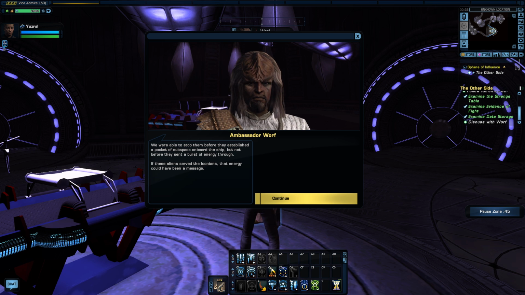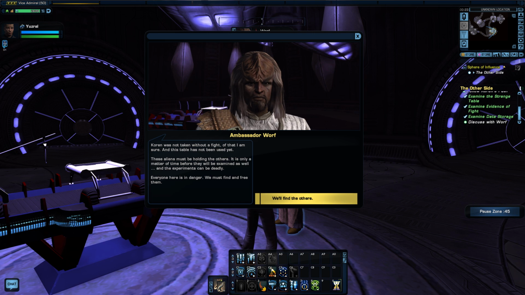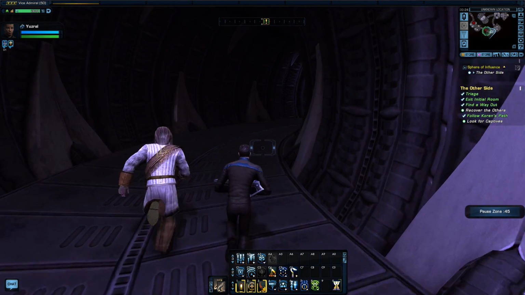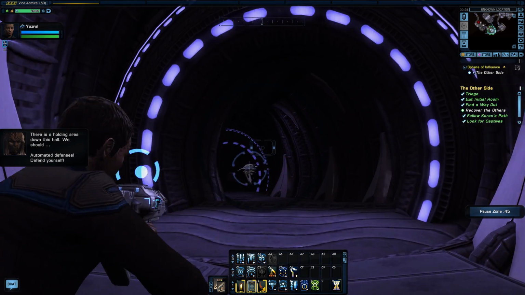Hey guys, the galaxy's right for the picking. Koran was not taken without a fight. Of that I am sure. And this table has not been used yet. These aliens must be holding the others. It is only a matter of time before they will be examined as well, and the experiments can be deadly. Everyone here is in danger. We must find and free them. On the bright side, we might have an option for getting out of here if we now know where we are. Of course, we do need a starship to do that. There is a work area down this hall. We should...